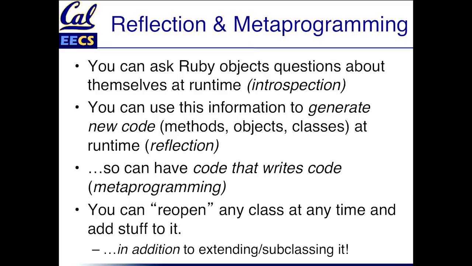Now, when I first explain this to people who come from another language, one reaction that is very common is, oh my gosh, that's chaos. You mean you could reopen any class, and if I'm working with somebody's code, I don't really know if a string is a string or if it's a special kind of string, and if I call a method and they've got all kinds of method_missing hooks, then I'm really not calling the method that I thought I was calling. That's chaos.